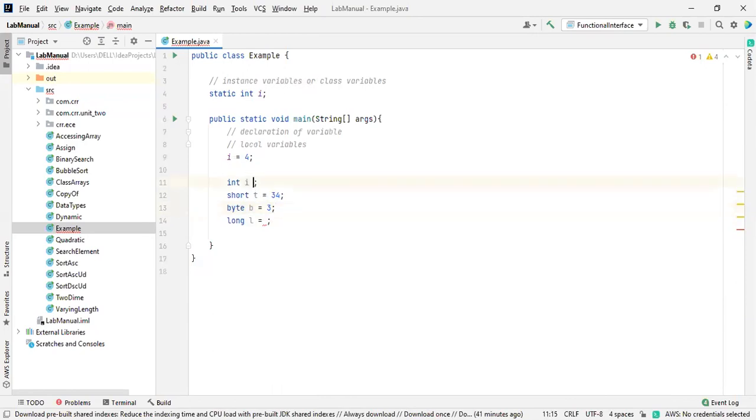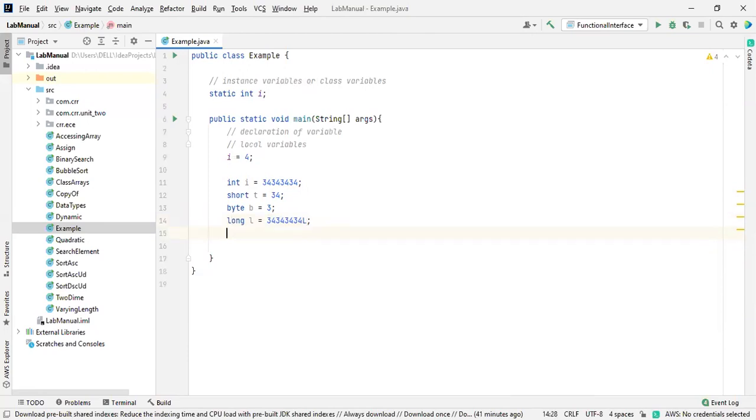Say int is equal to a value, and long is equal to the same value. How does the compiler know this is a long variable? We need to mention a small l or a capital L at the end of the number. Then only the compiler knows that this is a long variable.